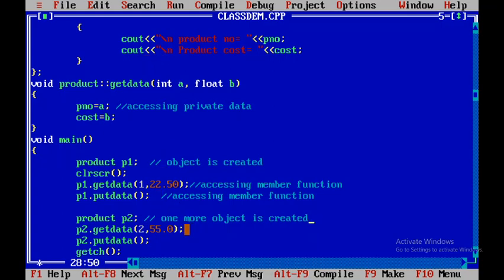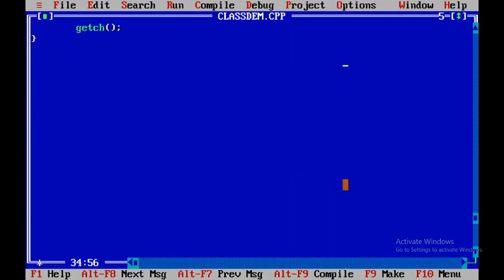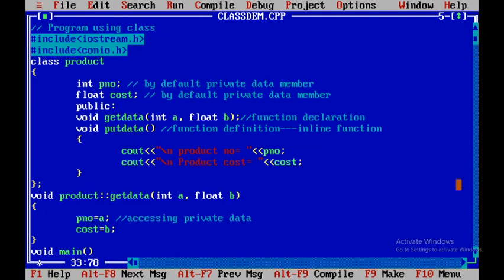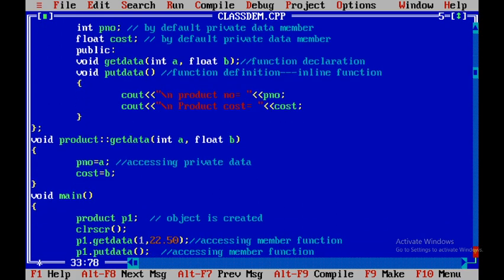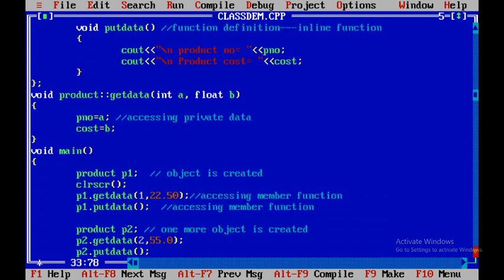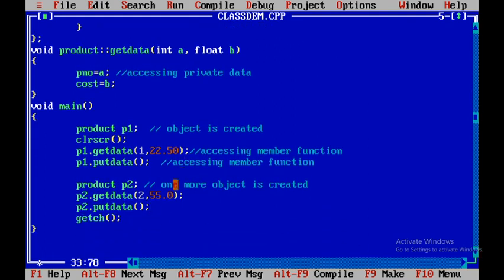So P2.getData, and here again I can write the same thing, accessing member function for P2. Definitely, depending upon how many objects I am going to create, for every object I have to call the getData and putData methods separately to assign values to data members or display the values of data members.